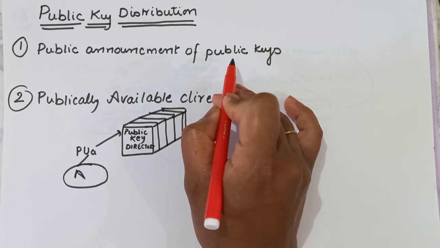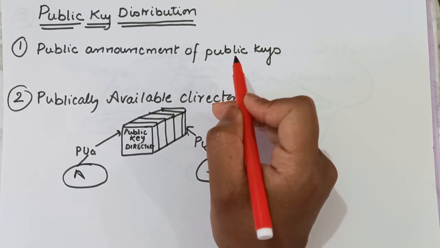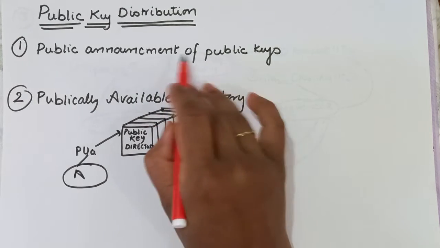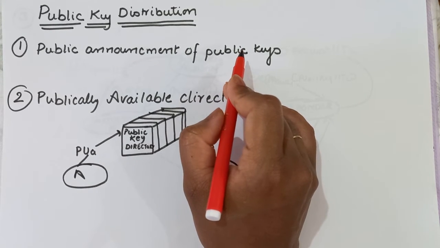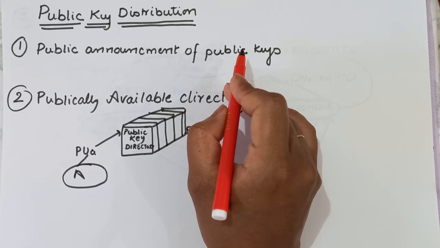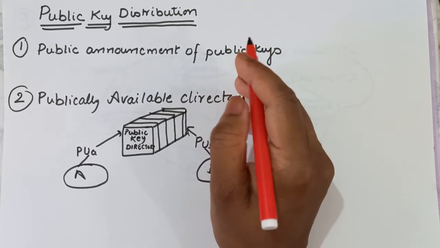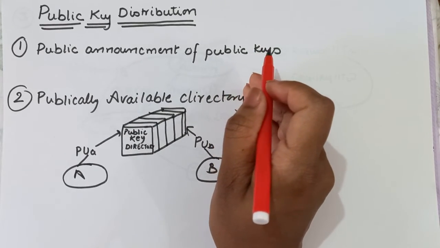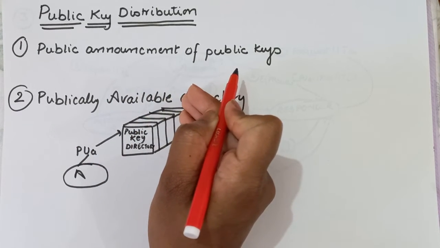Although the approach is very convenient because we can broadcast it easily to a large party, there's a weakness associated with announcing the public key. What is the weakness? Anyone can forge such a public announcement. Some users could pretend to be user A and send a public key to other participants or broadcast it. So forging a public key is very easy. This is one disadvantage of public announcement.